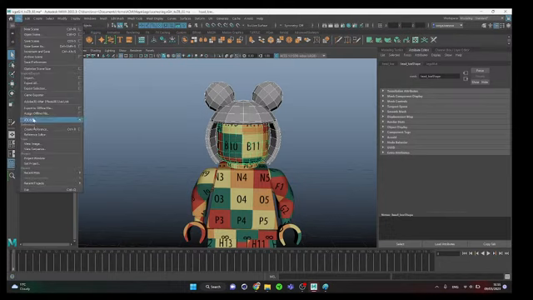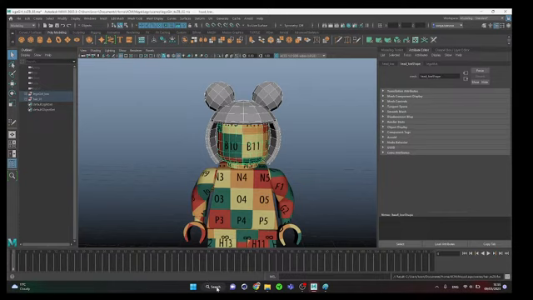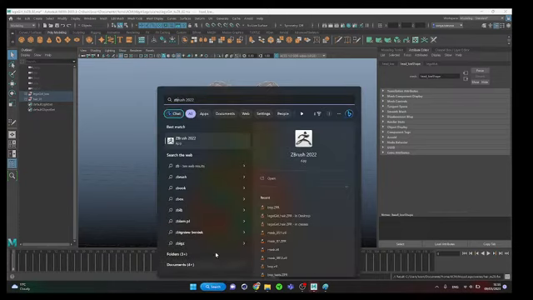In order to do this, I will take this hair. I will go File, Export Selection, and I can save it even here where my scenes are, and I will say hair to ZBrush, for example, or whatever. And I will export the selection. If I open ZBrush now, which hopefully will behave,